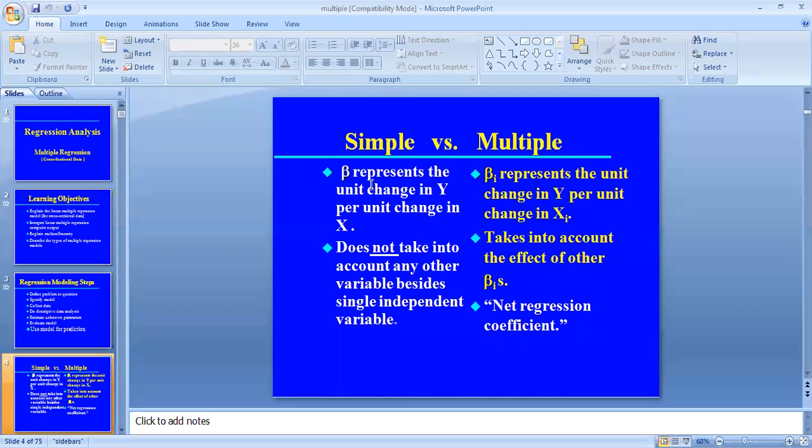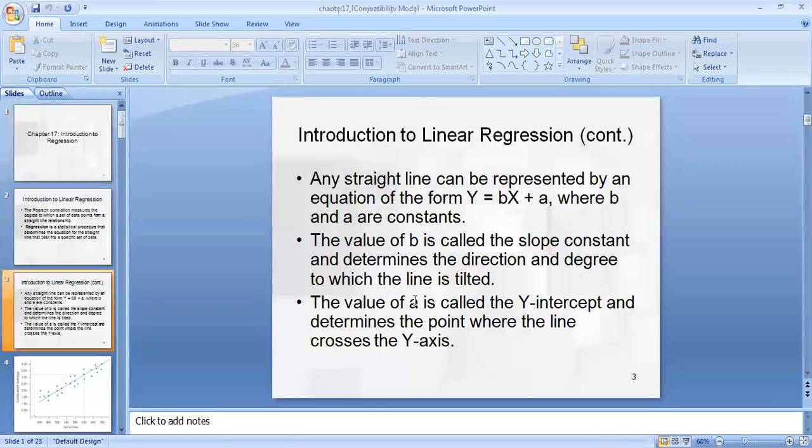There are two types of regression analysis model. Actually, one is simple and the other is multiple. Okay. In these two, first